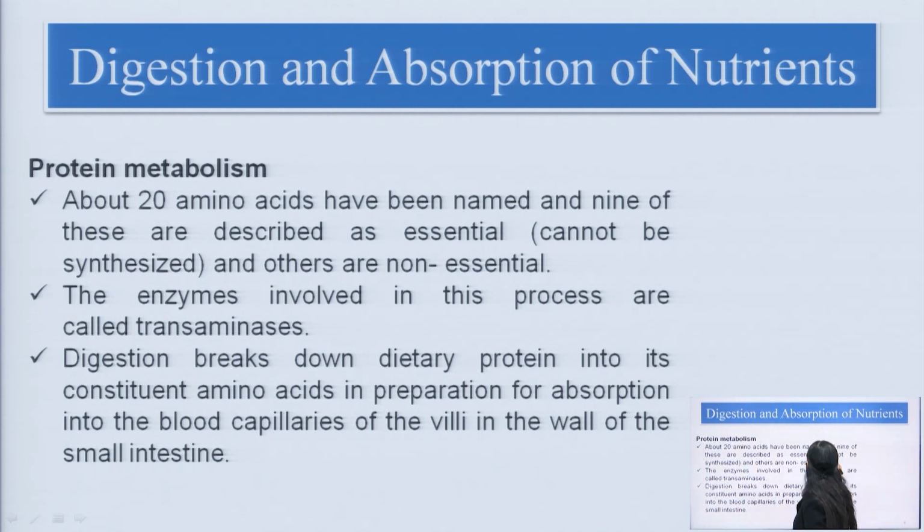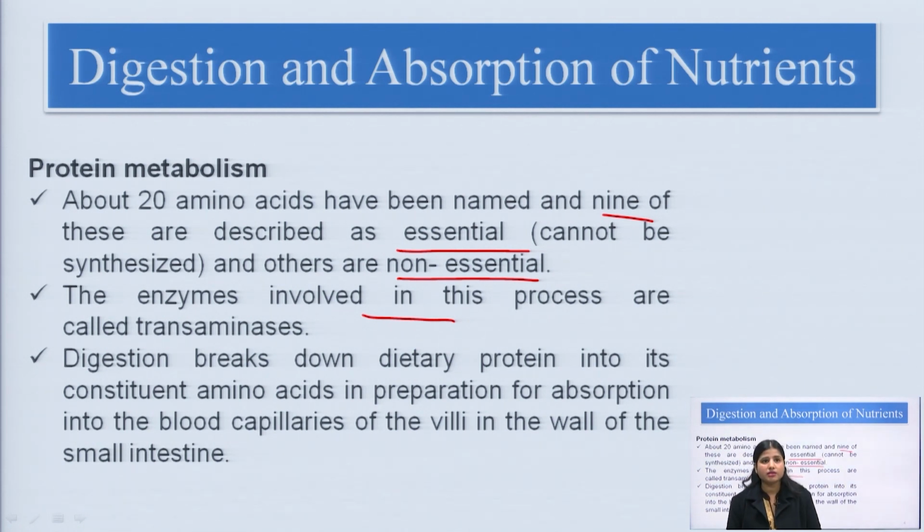Now, I will tell you the numbers. So, 9 out of these 20 are the essential amino acids, and the remaining 11 are your non-essential. Now, the enzymes involved in the process of forming these new amino acids are transaminases. With the help of these transaminases, the new amino acids are formed, and this process also goes on in